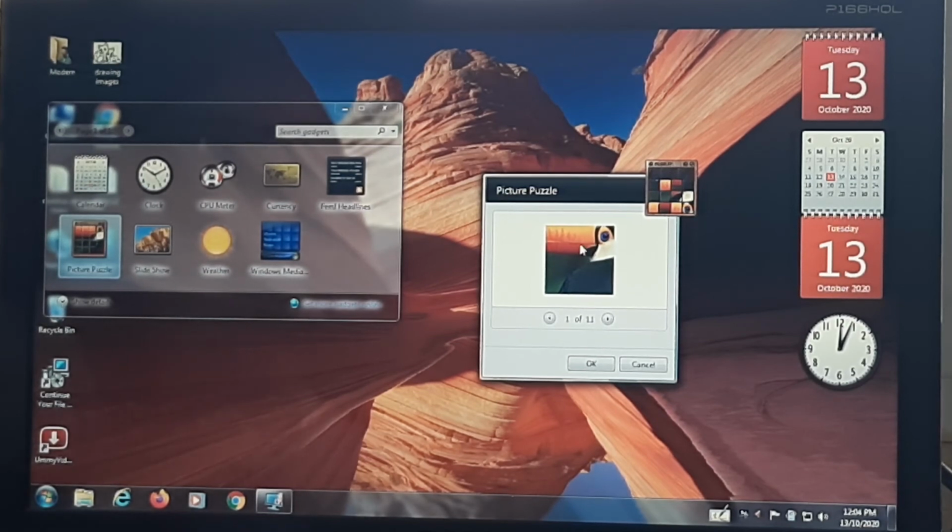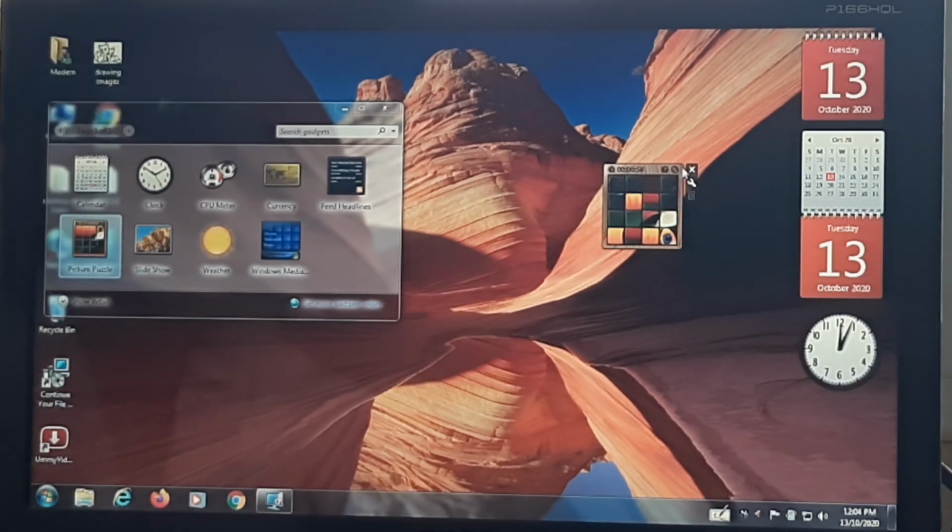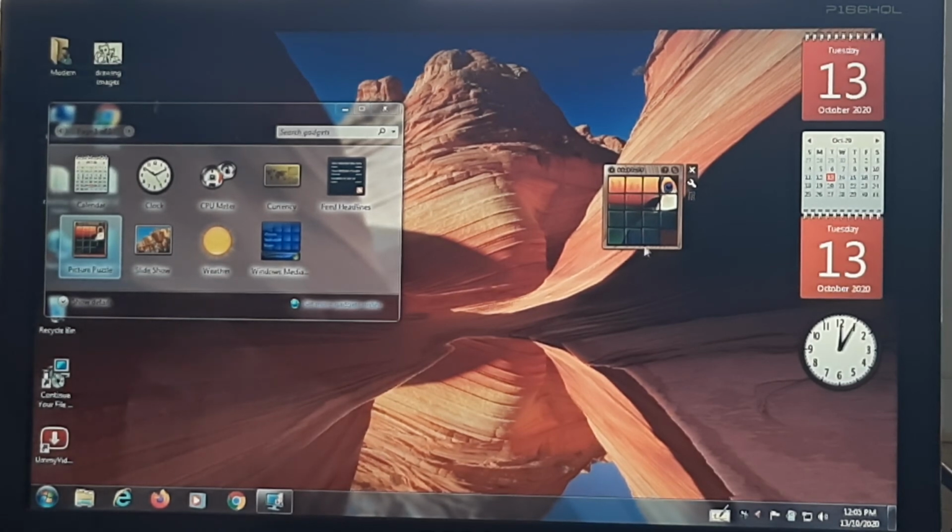If you want to see the real picture, you can click on these two arrows, so you see the real picture.